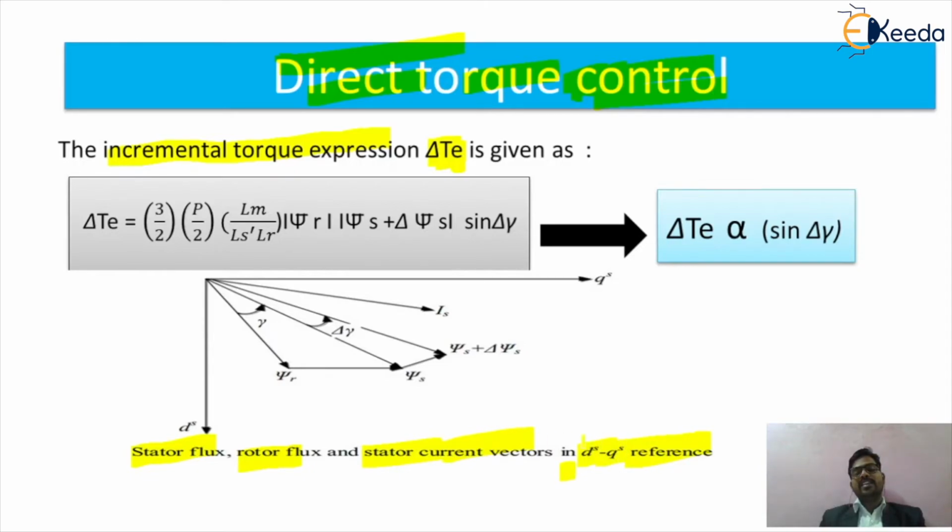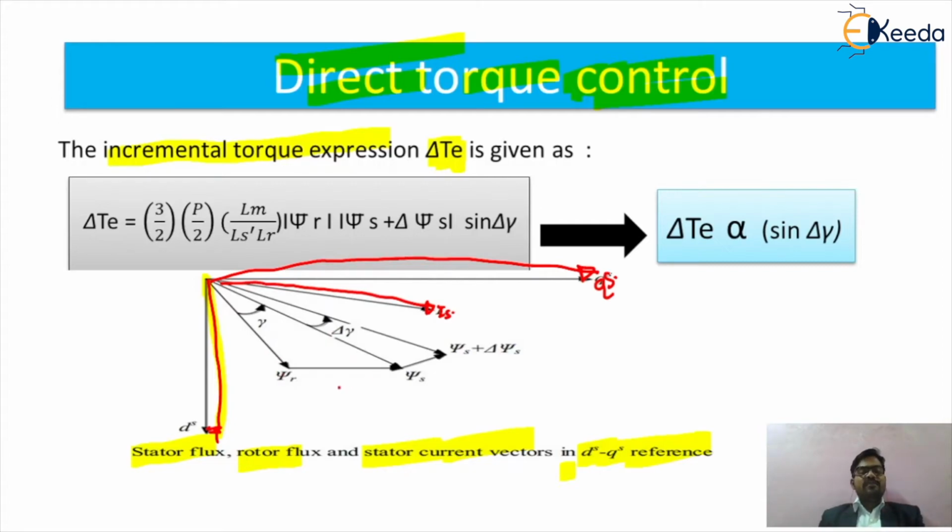So what do you mean by the DS and QS reference? It will be the rotating frame reference of your machine, which we call the induction motor machine. As shown in the figure, we are getting the value of the direct axis component. I can show this direct axis component, which we call the stator component, that is DS, and I can show you the value of your quadrature axis component, that will be QS. By means of that, we are getting the value of the stator current. The value of that stator current will be IS, shown by this line.